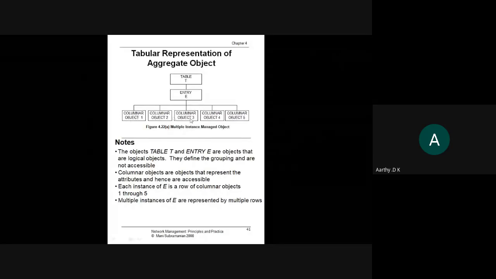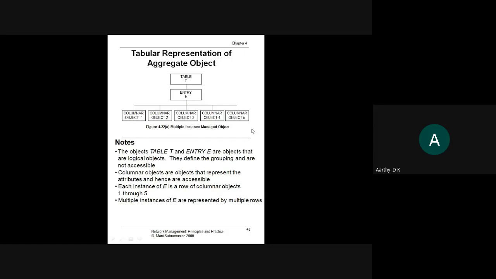Each row specifies one single object. Assume these columns are the marks of a student: subject 1 mark, subject 2 mark, subject 3, subject 4, subject 5. So every row will specify the student's marks in 5 different subjects.